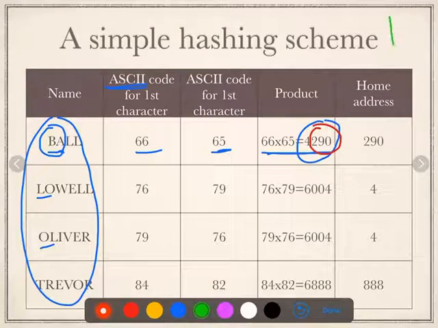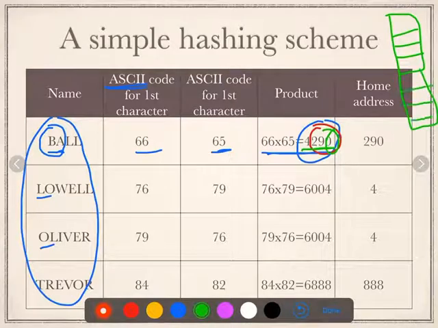For example, if your hash table has space for only 10 records, then instead of taking 3 characters from your product, we might choose only one digit from your product. If you have space for, let us say, 1000 spaces, then we can choose 3 characters instead of 1.